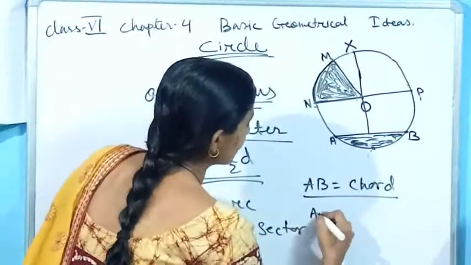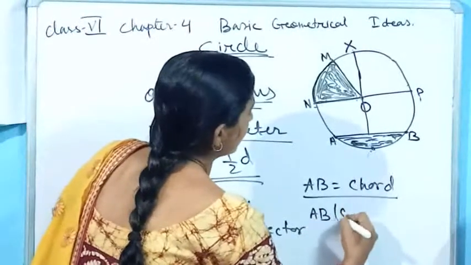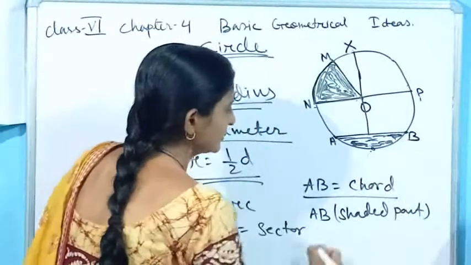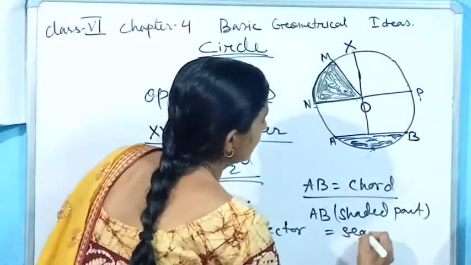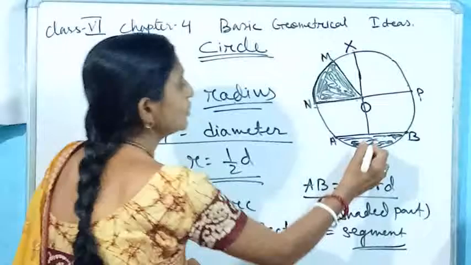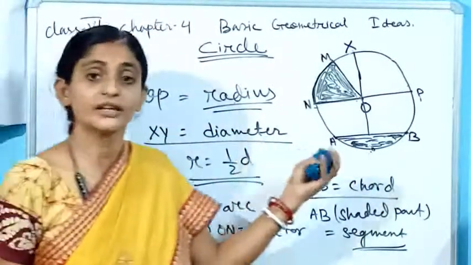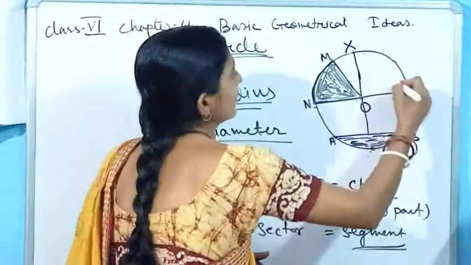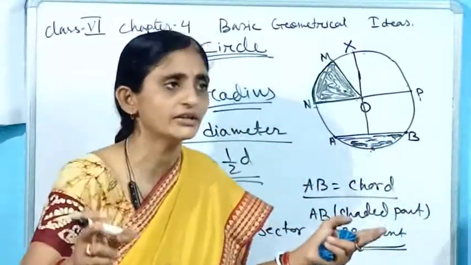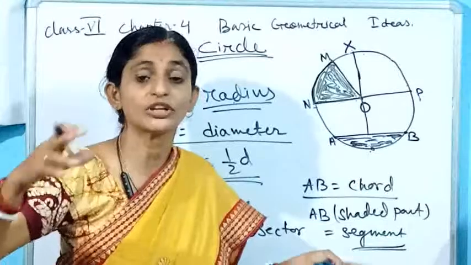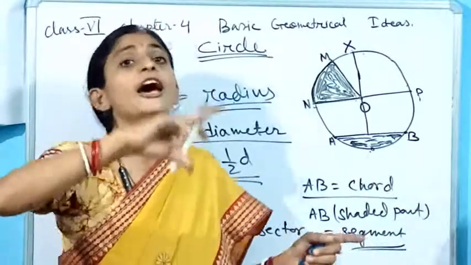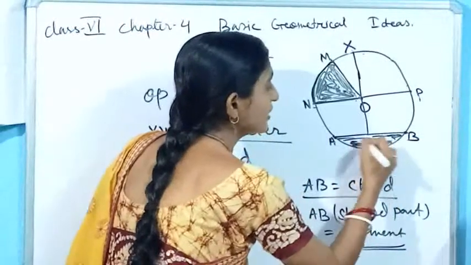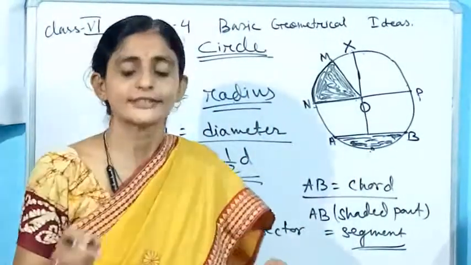That shaded part of AB, as I have marked it, will be called the segment of this circle. So in a circle, you can get lots of segments. You can draw it here, you can draw it here, anywhere you draw an arc. The area surrounded by a chord and an arc, you are taking a chord and that arc, that area will be called a segment.